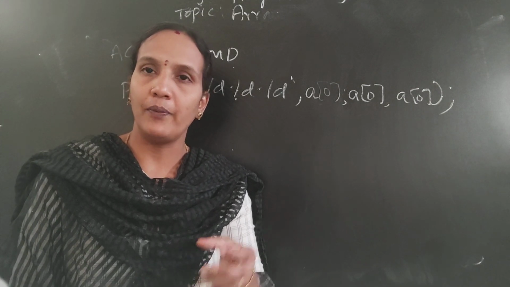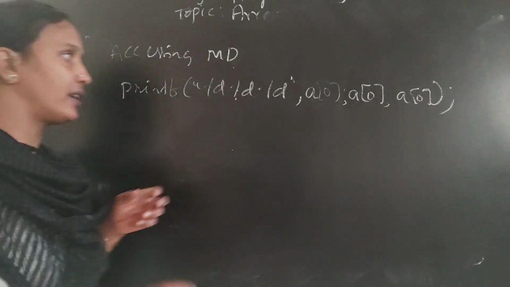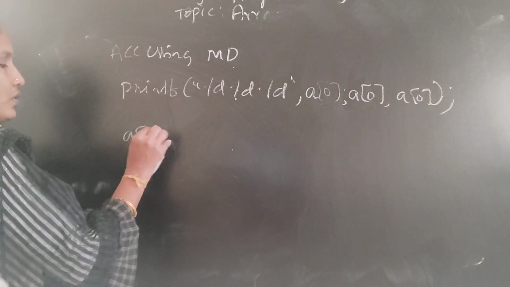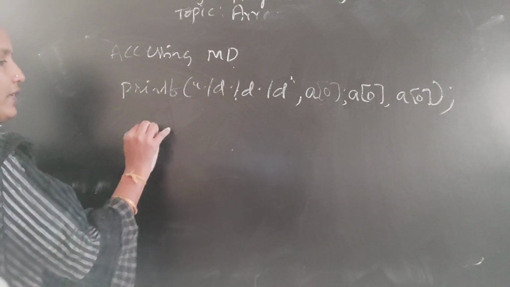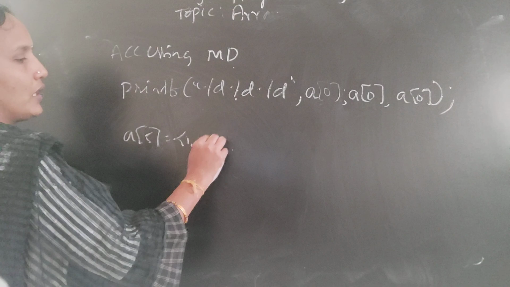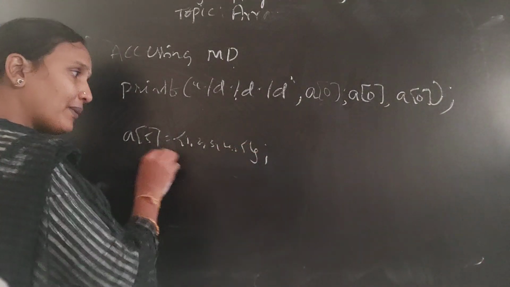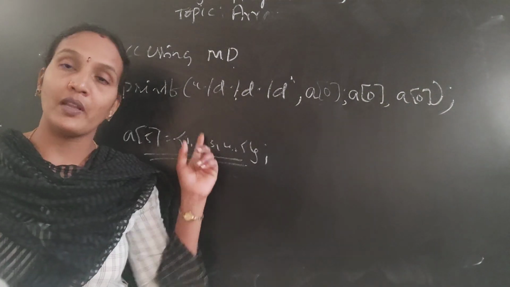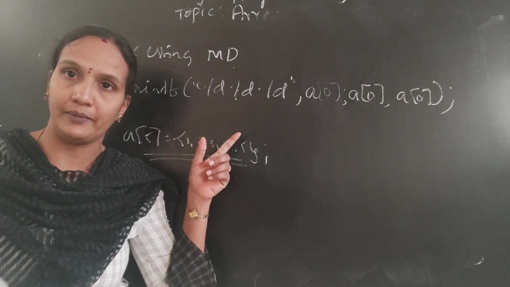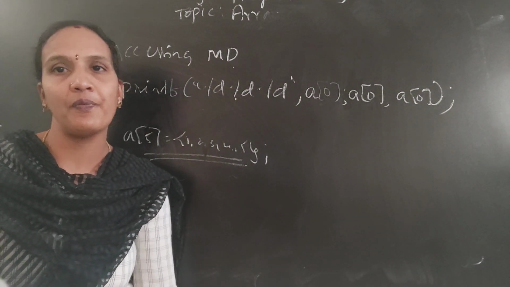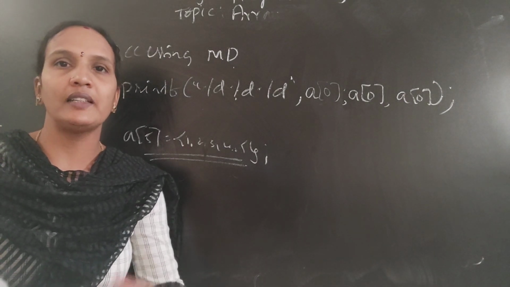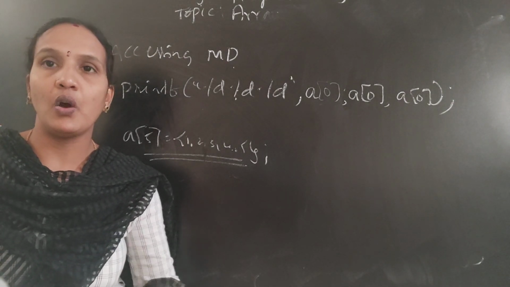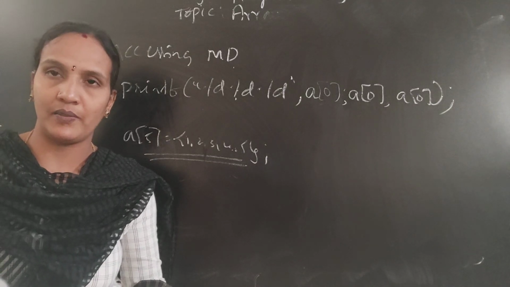Okay, see here, whatever elements are there, you are initializing like this. If it is only 5 elements, then 1, 2, 3, 4, 5. In the program itself you are giving a value. But if you want to supply these values at runtime after compiling, then we'll take the help of the scanf function. In the next class I will explain how to take array elements using scanf.